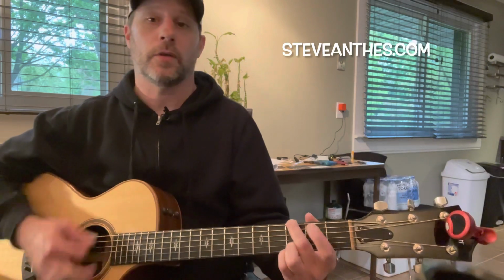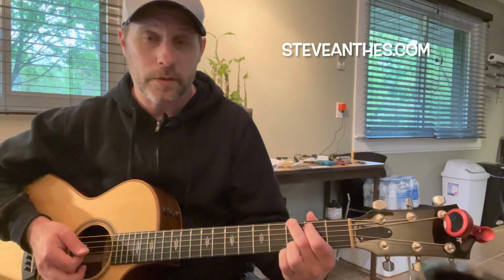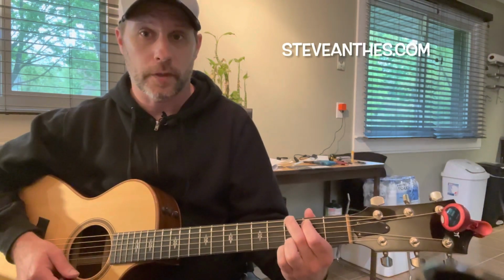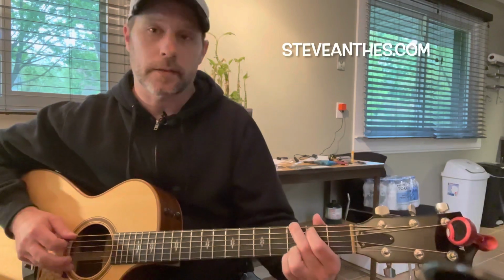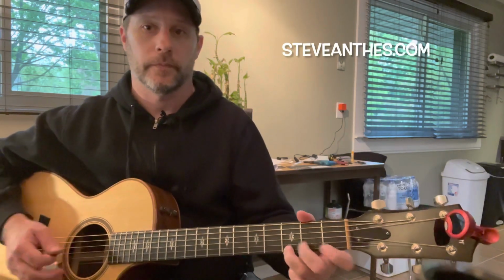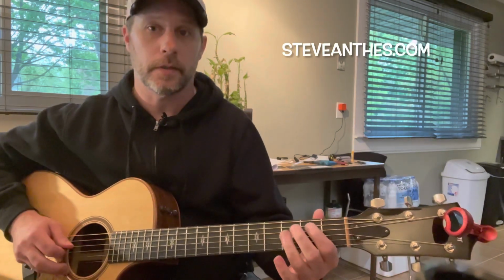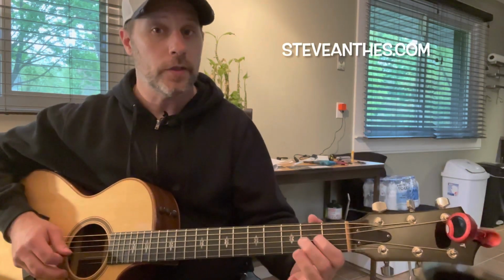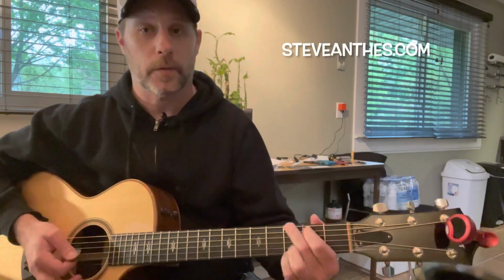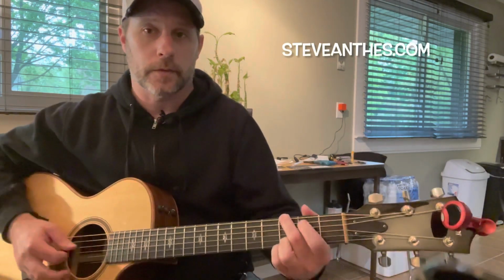Some other things we can do with the chord, we can start adding in notes from the scale. Since we're in the key of G, I'm really going to be seeing my open G major scale. G, A, B, C, D, E, F sharp, G, A, B, C, D, E, F sharp, G. Okay, so now what I'm showing you that is because